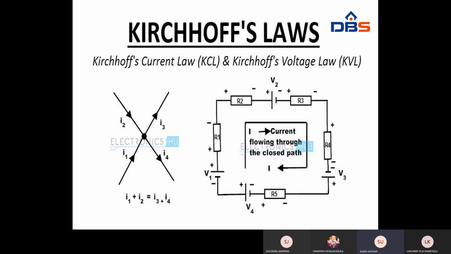So in Kirchhoff's voltage law, the algebraic sum of the voltages is equal to 0, and then we observe what steps we have to follow. The first thing you do is determine how many loops there are. If you take this circuit, there is only one loop, and in this loop the current is taken as I.